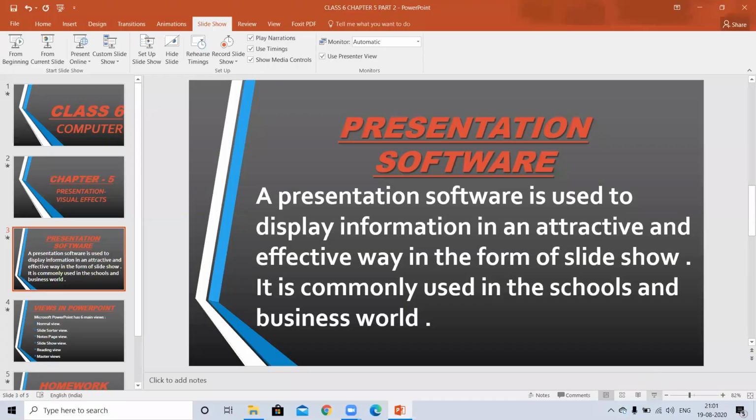On the status bar, you can see the slideshow button. When you click it, it will work in the same way as the slideshow tab or the F5 key. So there are three ways for the slideshow.